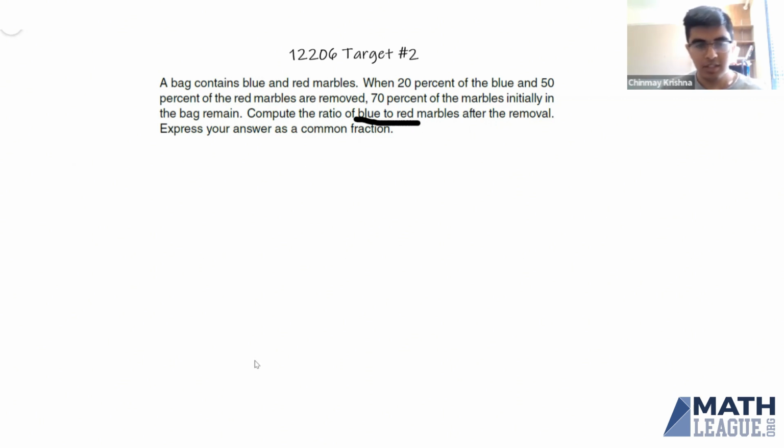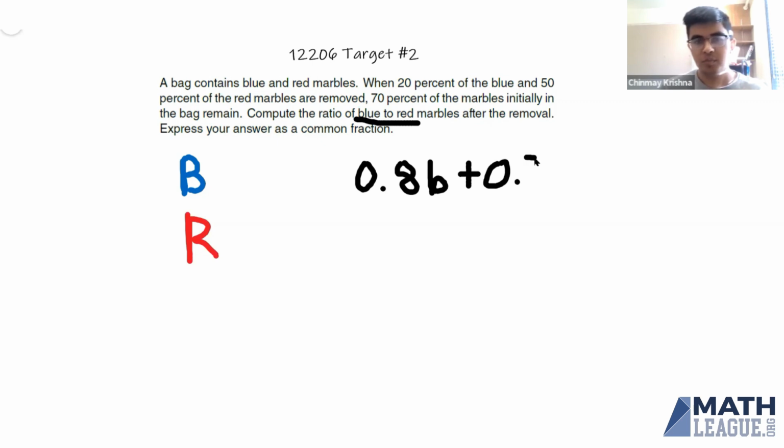Okay, so let's say that there's B blue marbles and R red marbles before we remove any marbles. So this first thing is saying that when we remove 20% of the blue, that's leaving 80% of the blue, or 0.8 B, and 50% of the red marbles, so that's plus 0.5 R, and we know that that's equal to 70% of the number of marbles initially in the bag. So initially in the bag there were B plus R, so that means that this has to equal 0.7